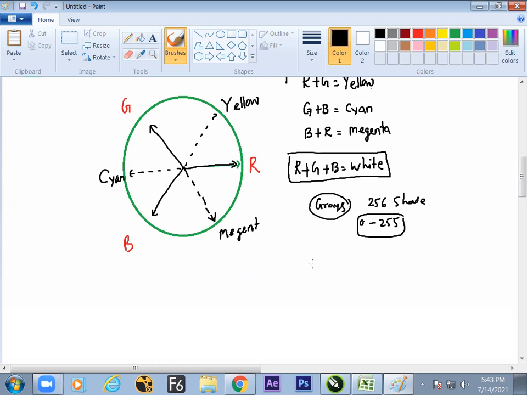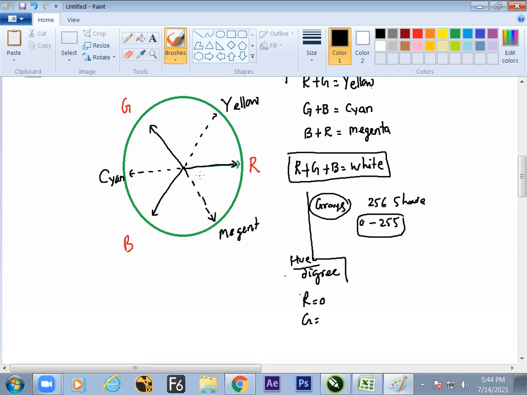Now the other theory to calculate the color is called hue theory. Hue is calculated with a degree. Color is calculated in two different manners, as we have seen here. One is with 256 shades and another is called degree format. In the degree format, the red value is 0. Green value is 120 degree because the whole circle is 360 degree.